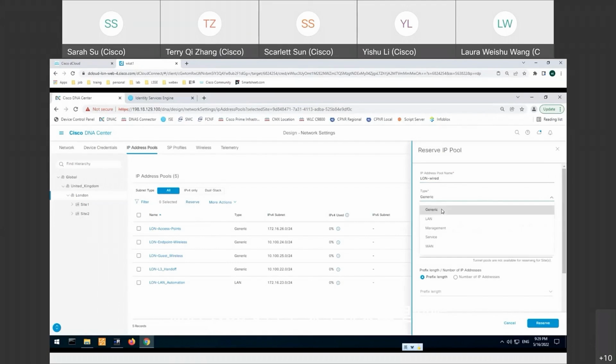The last method is sponsored guest access. For example, if A visits B and A wants internet access, B can act as a sponsor, log into the company's internal sponsor portal page, enter the required information, and then create a guest account for A. Once created, the sponsor can send the credentials to A, so that guest A can use these credentials to log